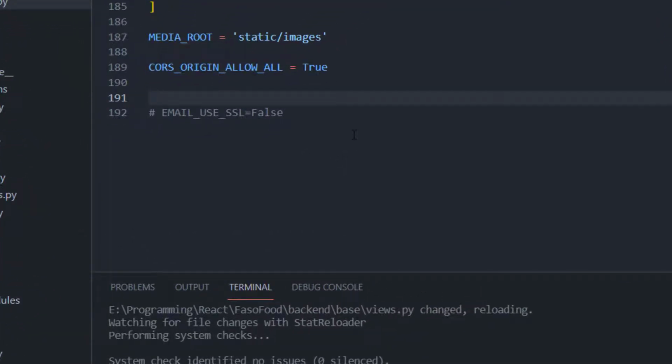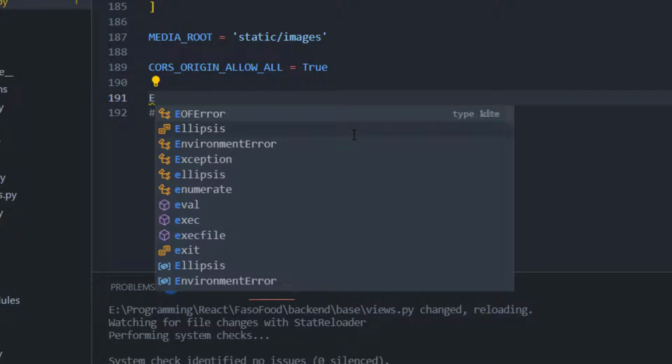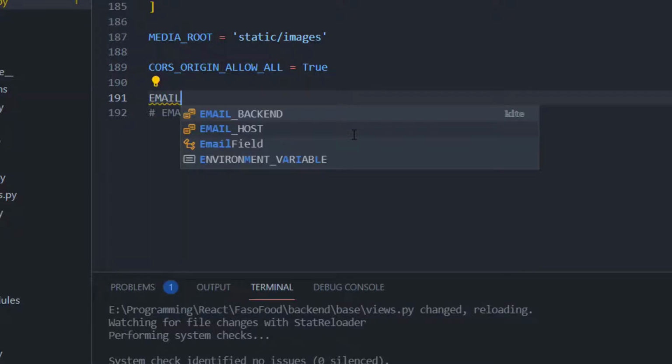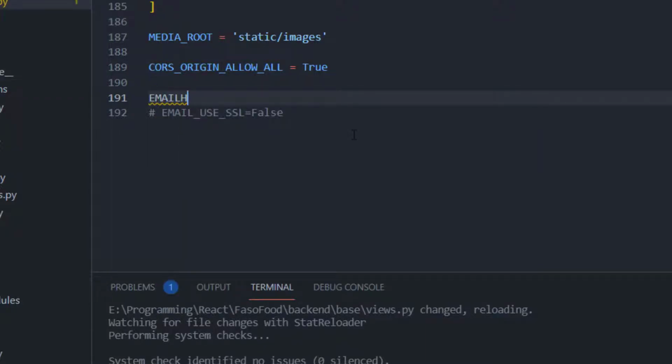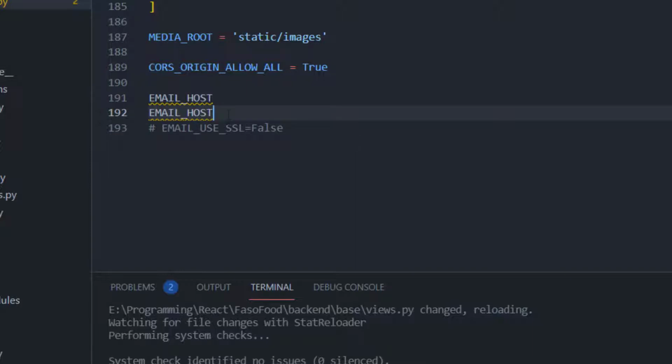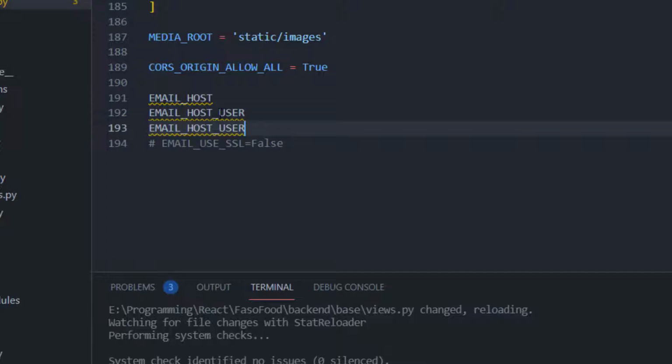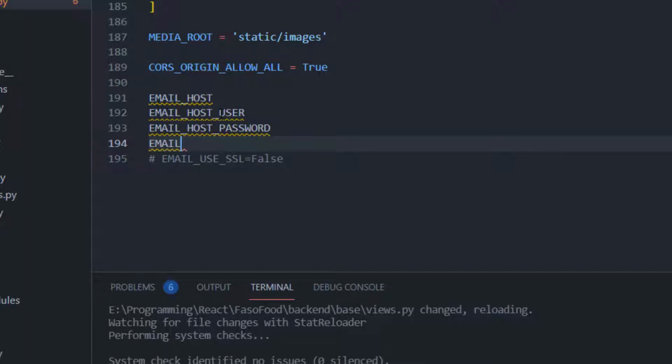So you're gonna need first the EMAIL_HOST, just like this, underscore HOST. We are also gonna be needing the EMAIL_HOST_USER, underscore USER. We are also gonna be needing the EMAIL_HOST_PASSWORD, like this, the password. Then we're gonna need the EMAIL_PORT, underscore PORT. We're gonna need the EMAIL_USE_TLS,